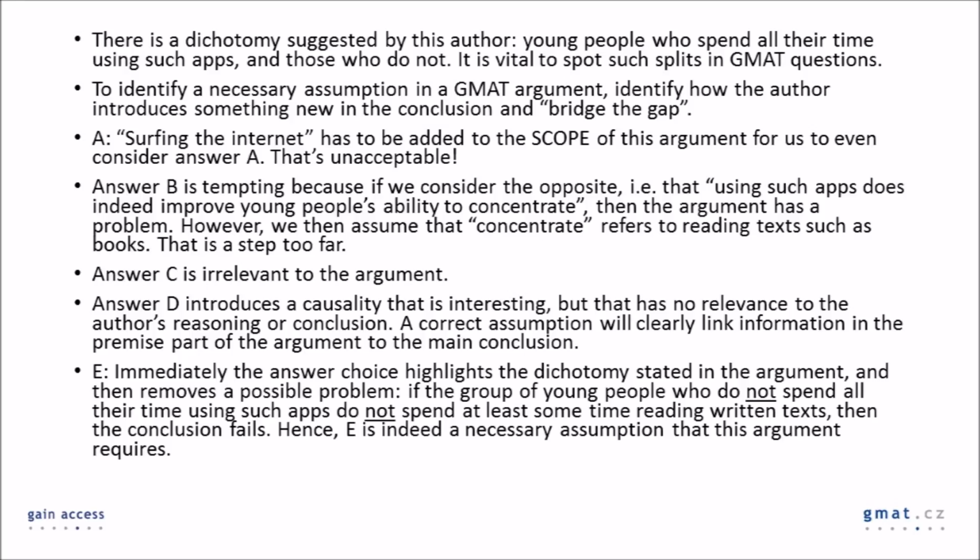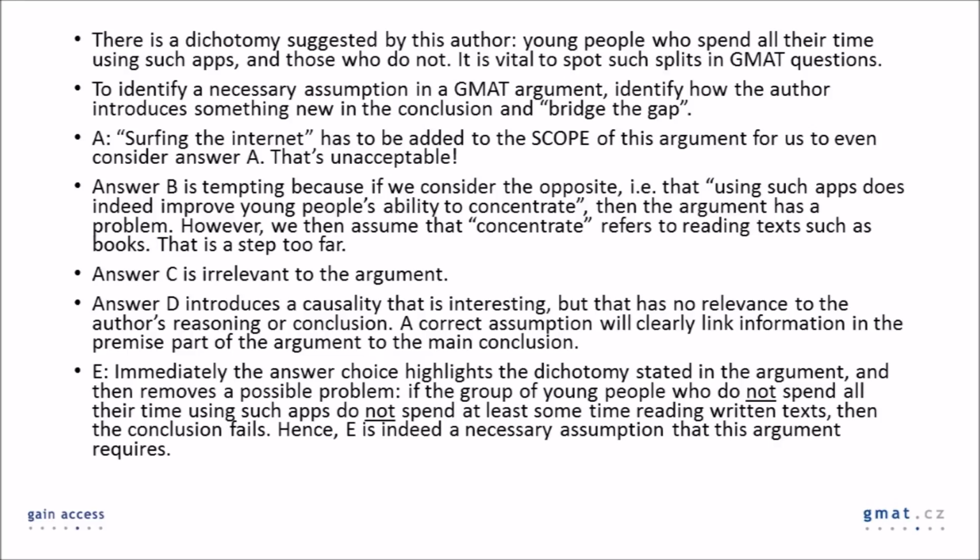D introduces a causality that's interesting, but there's no relevance there to the author's reasoning or conclusion. A correct assumption will clearly link information in the premise part of the argument to the main conclusion. Yeah, so if you go down to answer choice C again and maybe take a screenshot and read it, you immediately see that